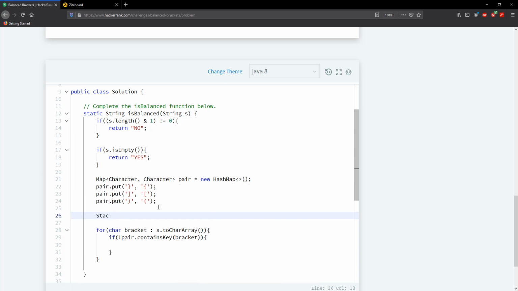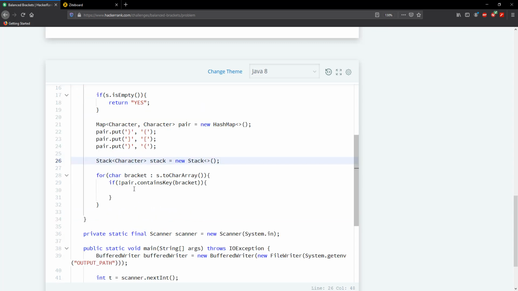We're going to say stack. This is going to be a character stack. Let's call this one stack, equal to new stack. So what we're going to do is say stack.push(bracket). Else,